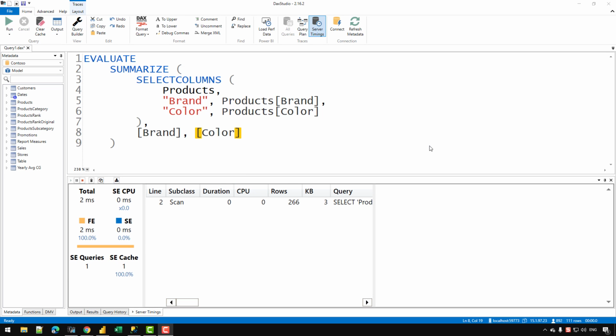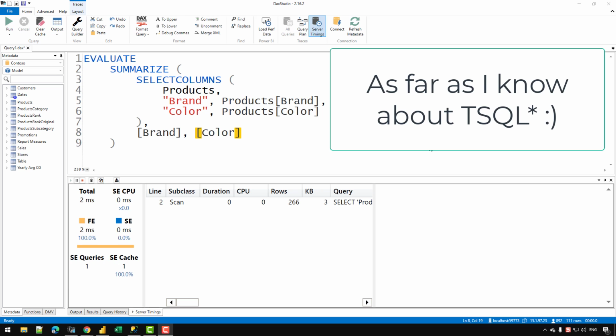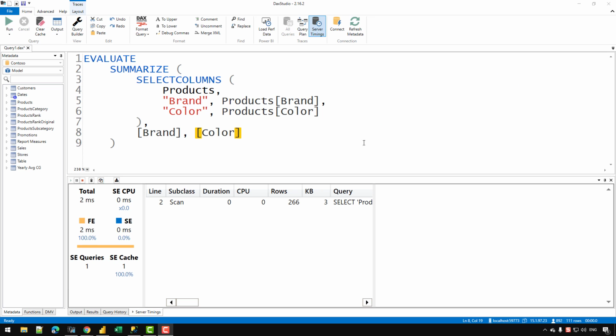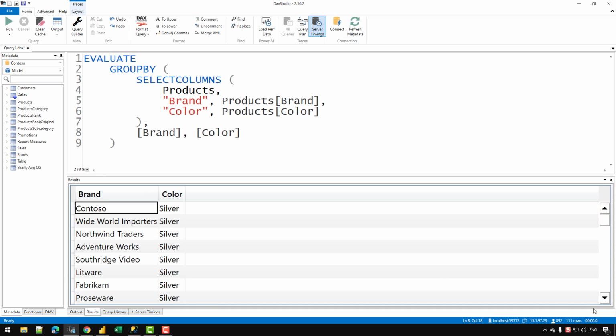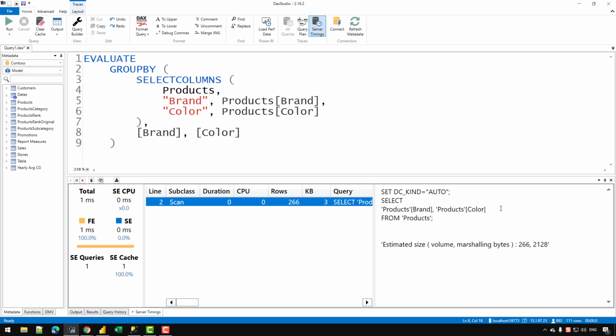So in SQL, you are actually limited to 2 or 3 methods of grouping the rows, but in case of DAX, we have multiple methods. So let's see another way of grouping the same table that we have inside summarize and getting the exact same number of rows. The other function that I'm going to use is called group by. So let's write group by. There is actually a difference between group by and summarize, but I'm not going to cover it in this video because it is all about selecting columns. So let's press F5, and you can see that I get the exact same number of rows, and the code that is executed is still the same as we have seen in case of distinct and summarize.